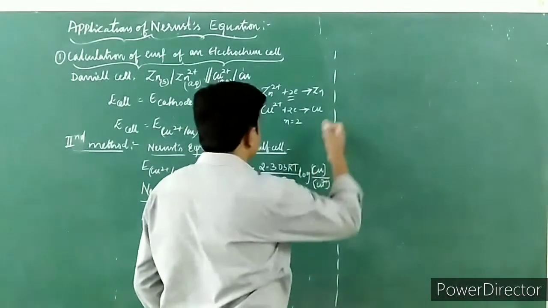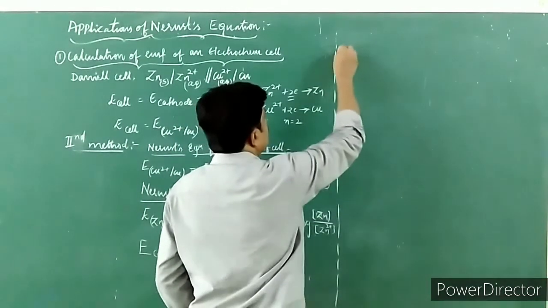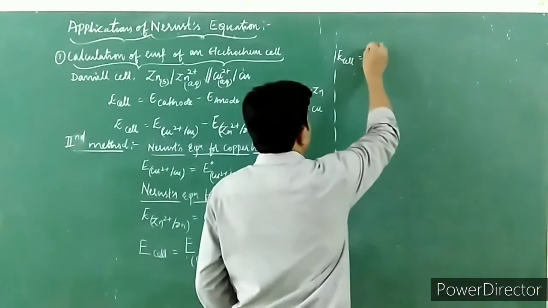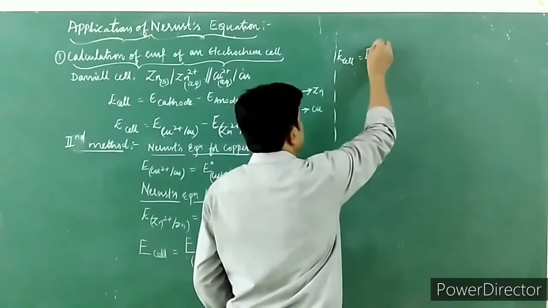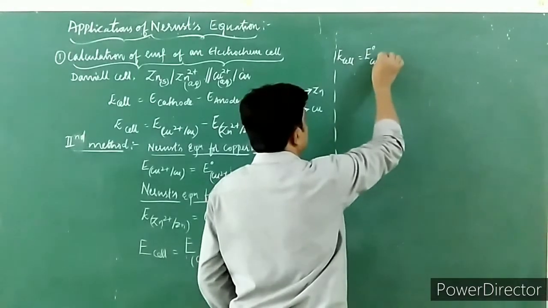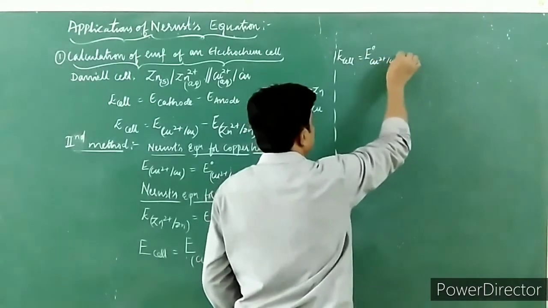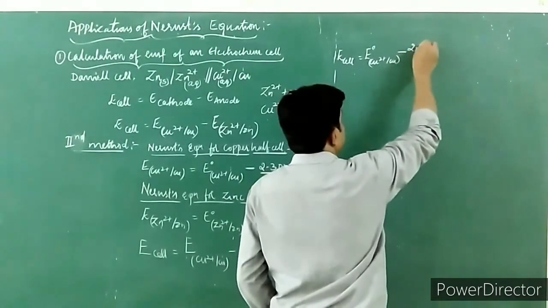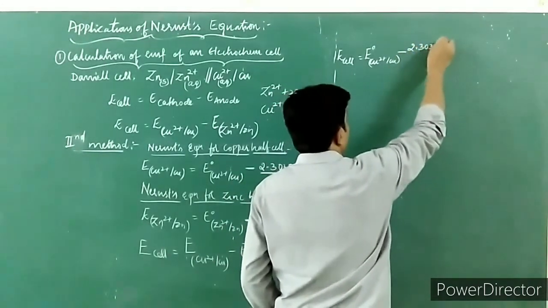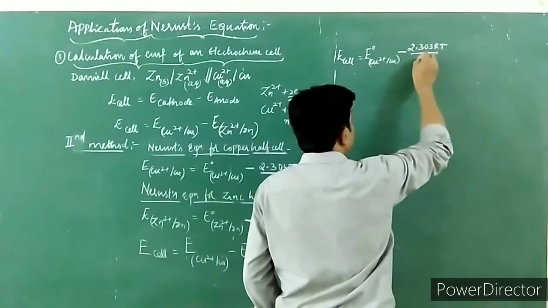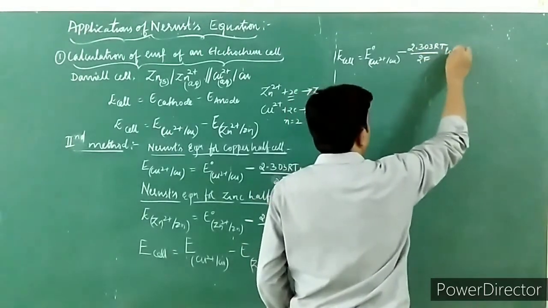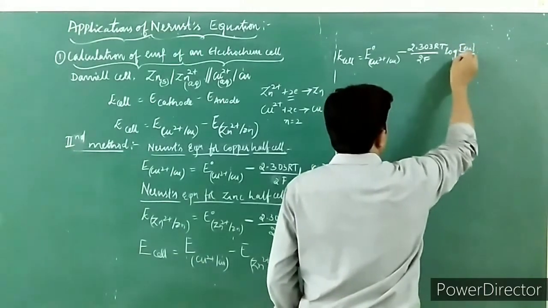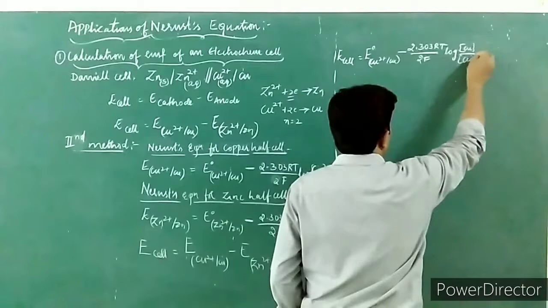Look at here. Let me substitute here. E cell is equal to E naught Cu2+ | Cu minus 2.303 RT upon 2F into log of concentration of Cu upon molar concentration of Cu2+,